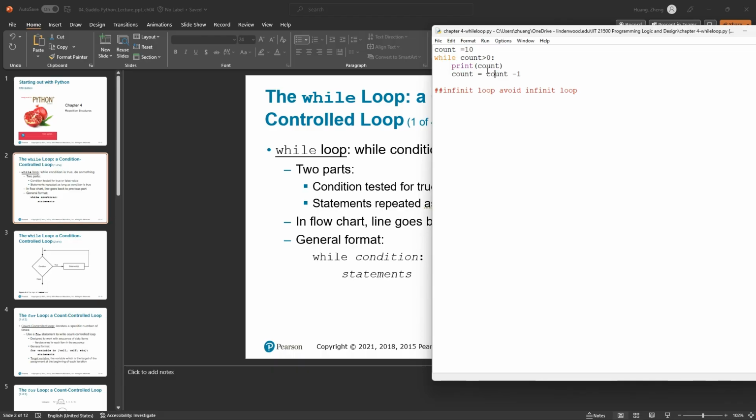We print out 9, then keep subtracting until